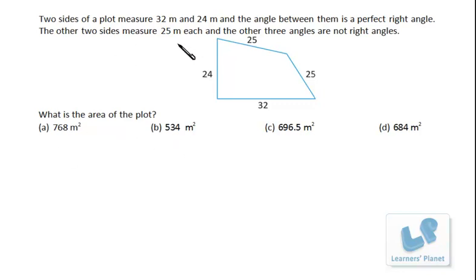Friends, first of all, we have drawn the figure over here. Now I just complete this triangle by making it a right angle triangle. Now we have this right angle triangle with sides 24 and 32. Now 24 and 32, both of them are multiples of 4. So if we divide 24 by 4, we will get 6 and here we will get 8. That means it is a 6, 8 and 10 Pythagorean triplet, and all of 3, 6, 8 and 10 are multiplied by 4 to get a new Pythagorean triplet.